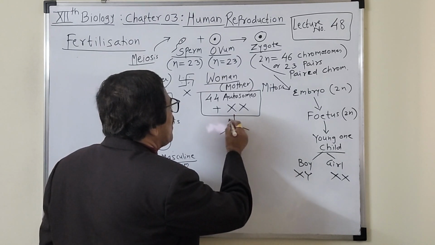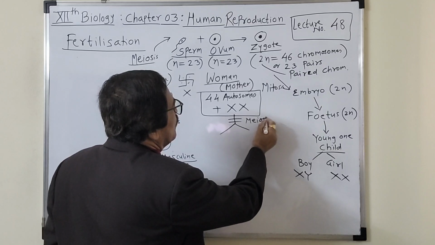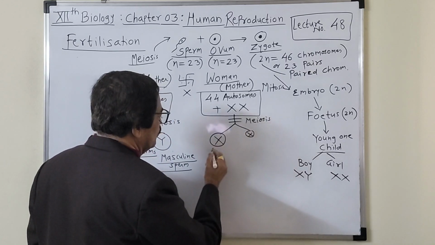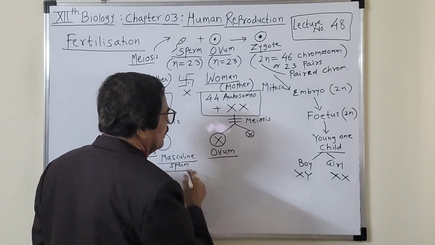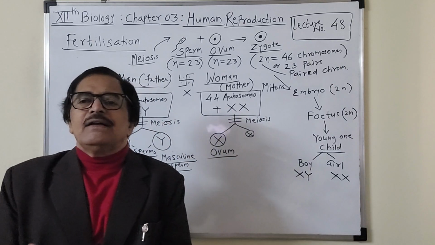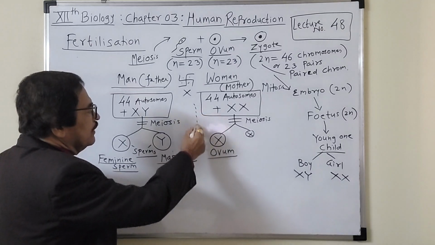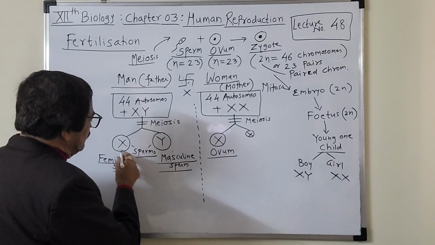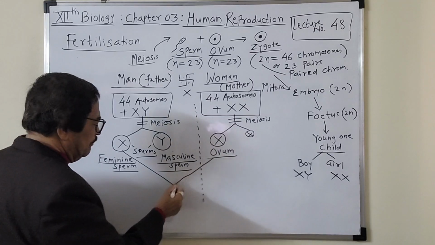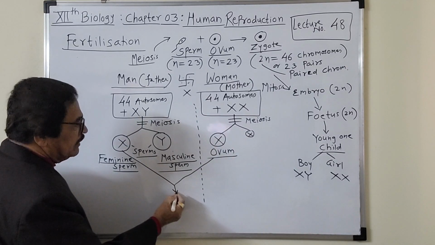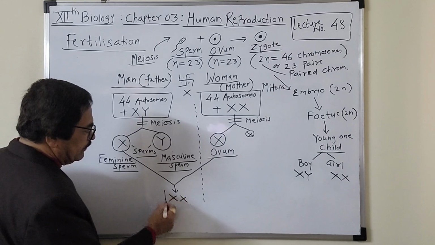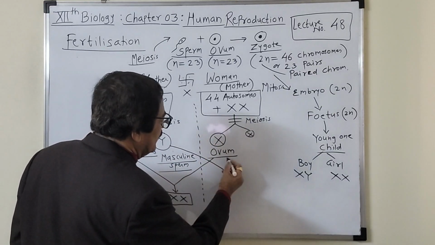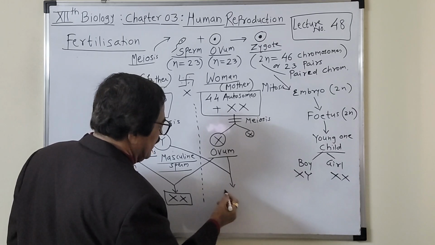50-50% हो गए हैं, and whatever the eggs will be formed by meiosis, every time one ovum is formed, you know, the other is the polar body, so that will always have the X chromosome, okay। This ovum will always have the X chromosome। तो अब यहाँ पे ही क्लियर होने वाला है, at the time of fertilization the egg will always contain that X chromosome। Suppose that X chromosome containing sperm, that is called the feminine sperm, is fused with this ovum, what combination you will get, XX, okay। And suppose that Y chromosome containing sperm is getting fused with the ovum, what combination you will get, XY।